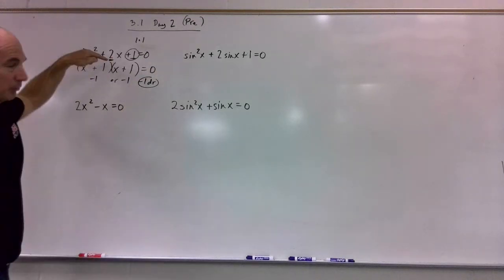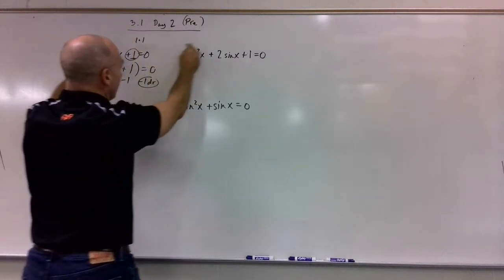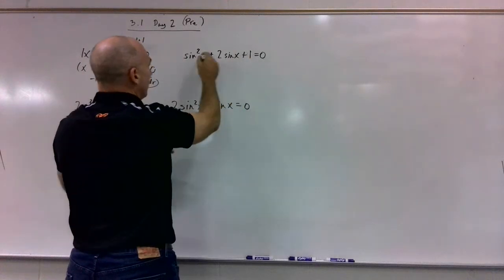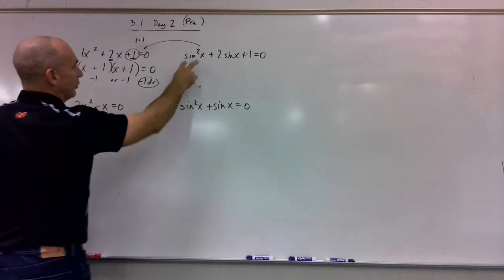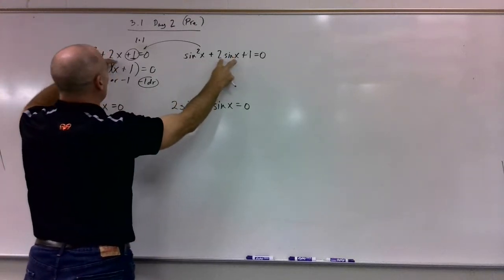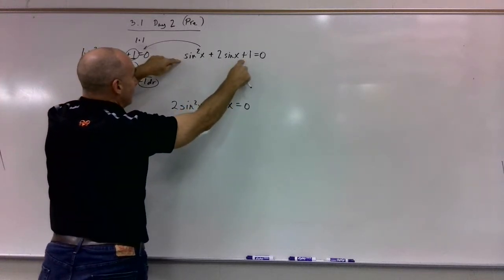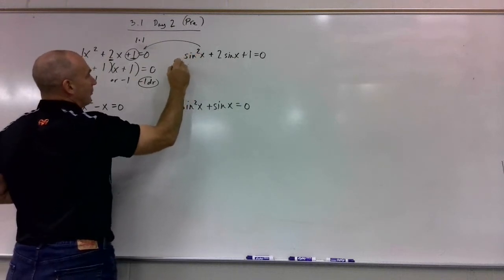If you want, this is a review of Algebra 2. Why did I do that? Because now you're going to have these to solve for today. Guess what? This thing is almost exactly like this thing. This is like your x squared. This is like your 2x. And this is like your 1. Same exact problem, kind of, sort of. But if you think of this as x squared,